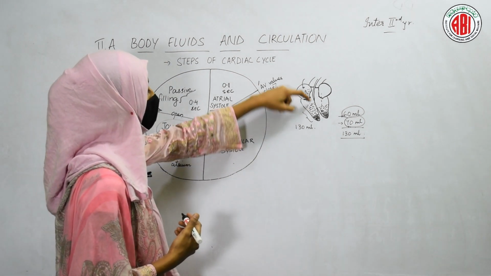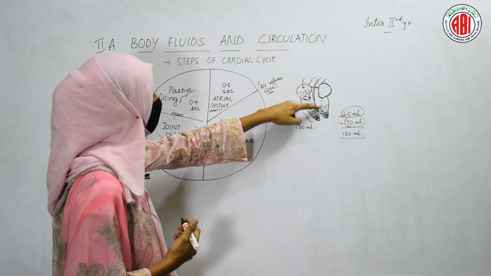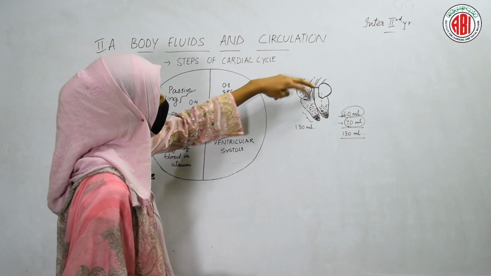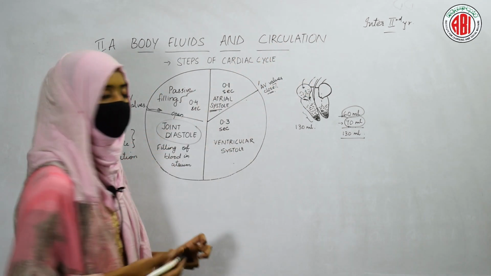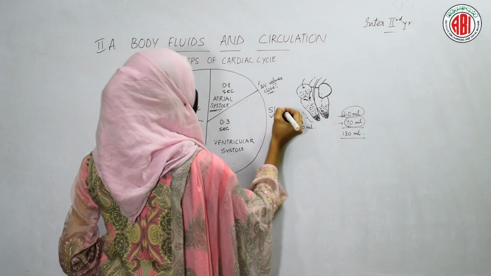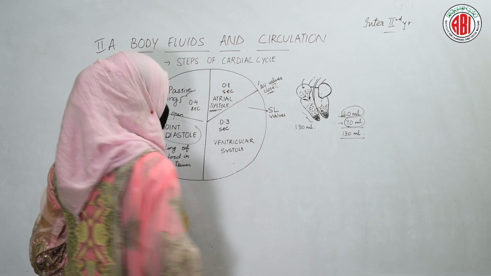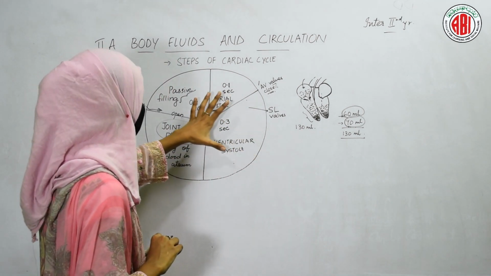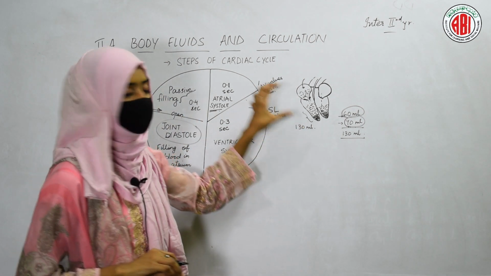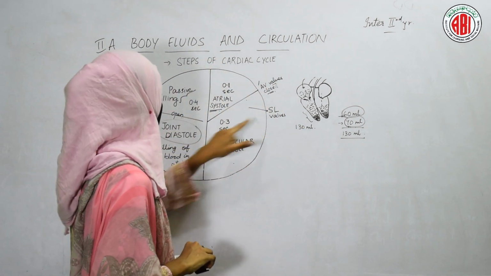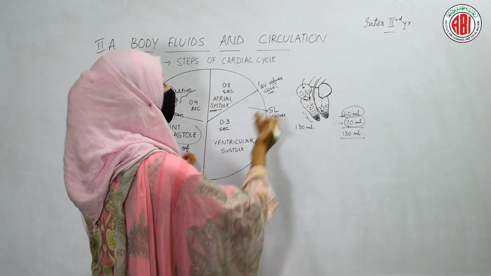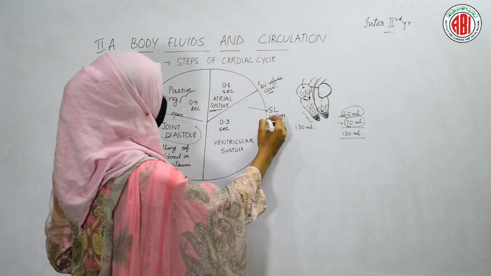The right ventricle opens into the pulmonary artery and the left ventricle opens into our aorta. In between the artery and ventricle also some valves are present which are called semilunar valves. So now the opening of the semilunar valves can be seen. These valves open and the blood which is present in the ventricles can be pushed into the different arteries by the opening of these valves on the contraction of the ventricle. Now the blood is transferred. It is pushed into the arteries by the opening of these valves.